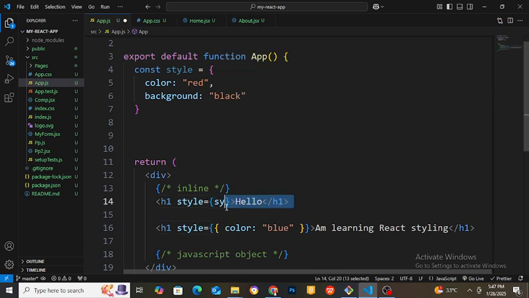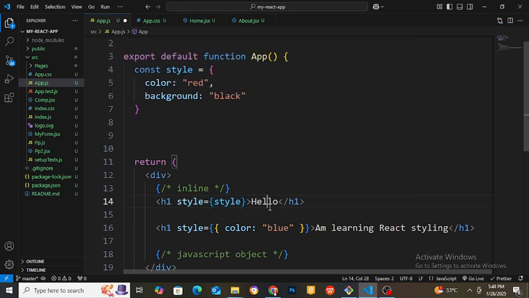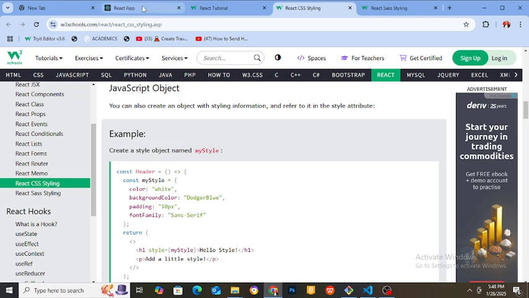I will have to change the curly bracket to one. It means that all this I defined for this style inside this JavaScript should work inside my HTML. So if I still check what I have here,